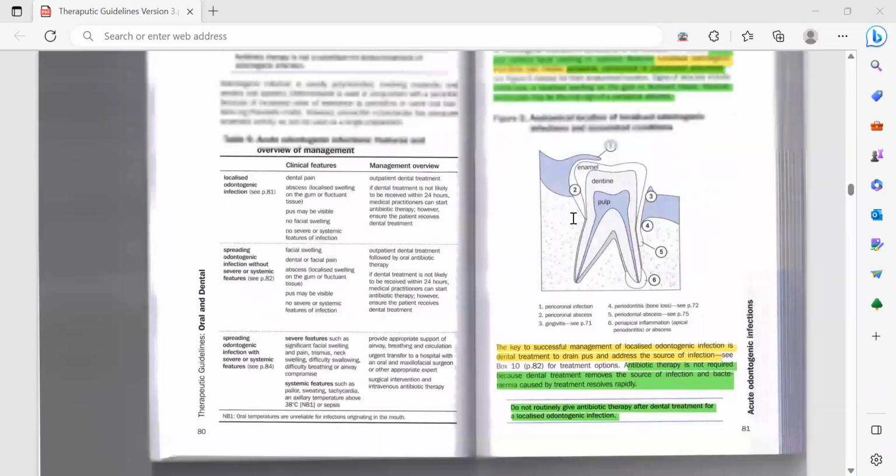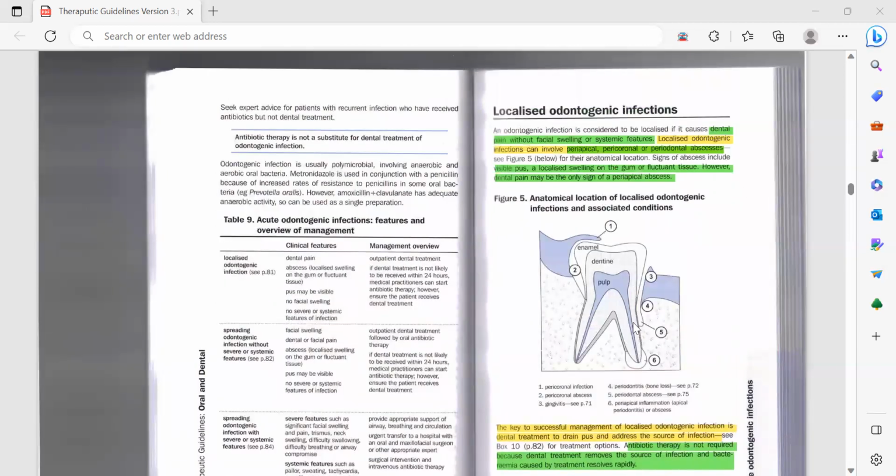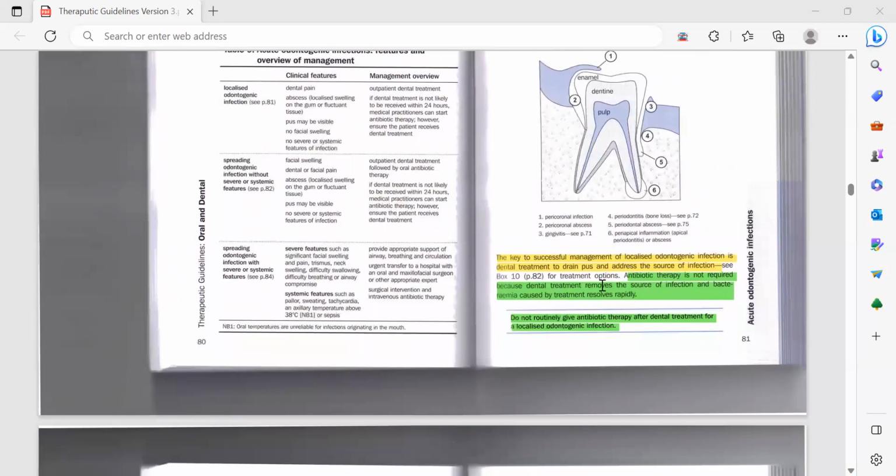Then in the periapical abscess, we cannot localize and we cannot see any pus coming out. So for periapical abscess, the only sign could be the dental pain. Then the key to successful management of localized odontogenic infection is dental treatment to drain pus and address the source